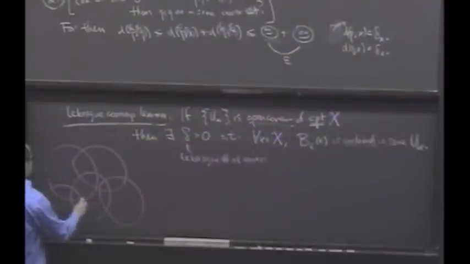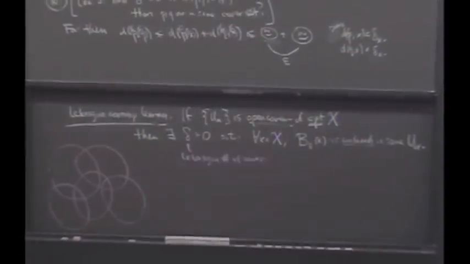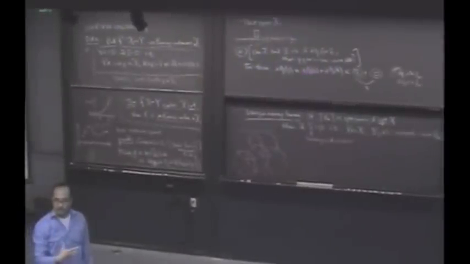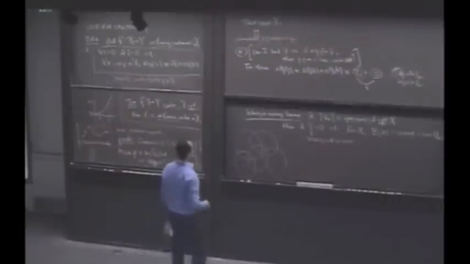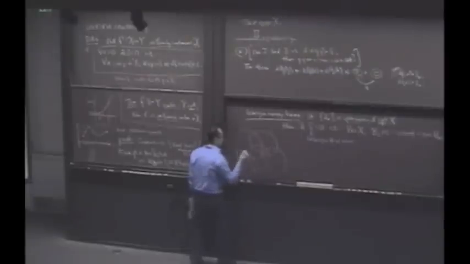And the Lebesgue number is basically a number delta such that you give me a little pancake of size delta, or radius delta. And if I throw that pancake anywhere in this picture, I claim it'll land completely within one of the sets. If there is such a number, it's called the Lebesgue number. And the claim is if the space is compact, this will be true.